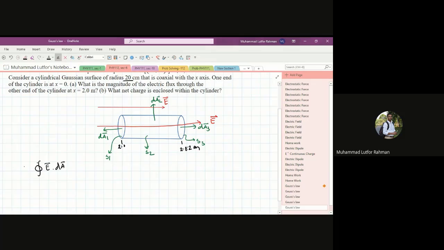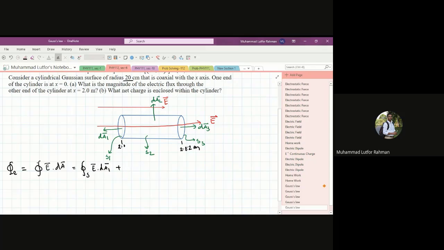So I'll use that one. The total electric flux enclosed is the sum of E dot dA for surface 1, E dot dA1,